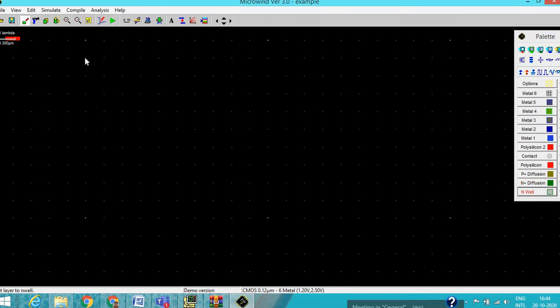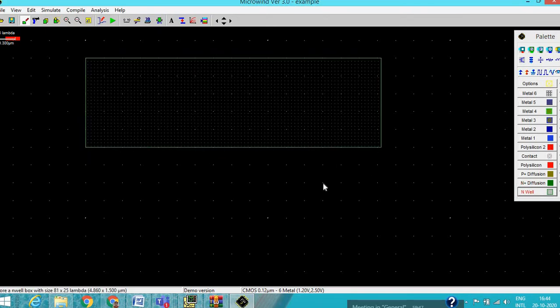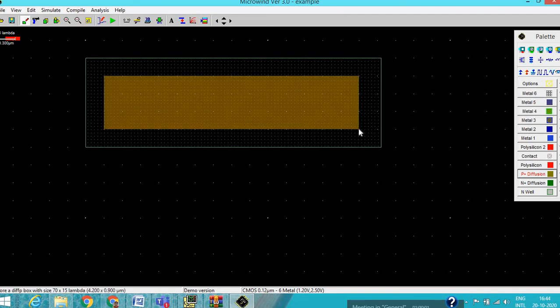N well, we have to substitute N well, so this is N minus, right? Now this is the N well, and above the N well we have to put the P plus for the P MOSFET. So let me put the P plus in this area, right? P plus, right?